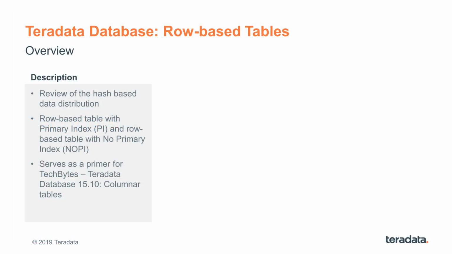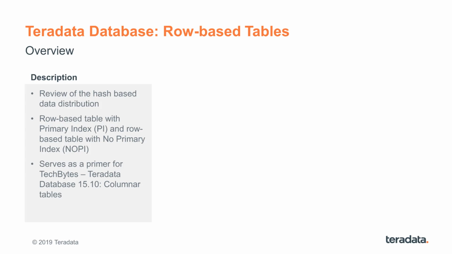With Teradata 14.0, we introduced Columnar tables as an additional option in physical data modeling. Since then, there have been two more flavors added, and I want to take this opportunity to discuss similarities and differences between those physical design options. This first part is a quick review of row-based table options,